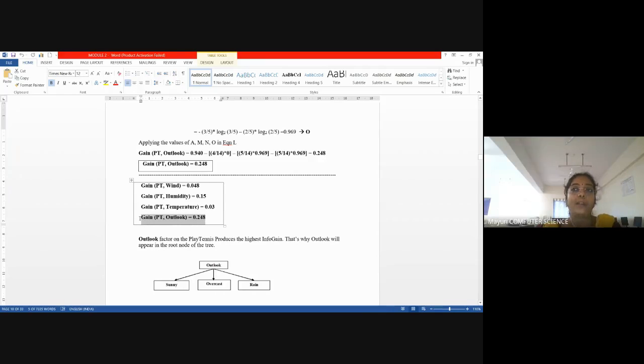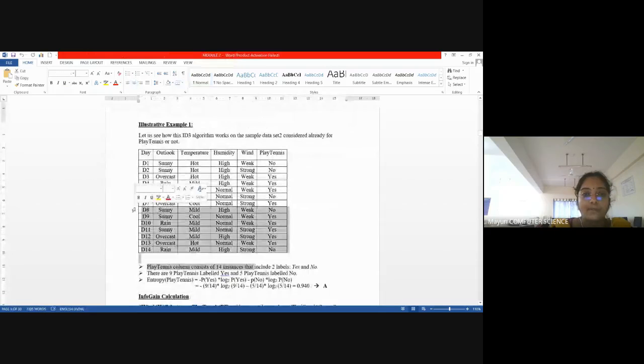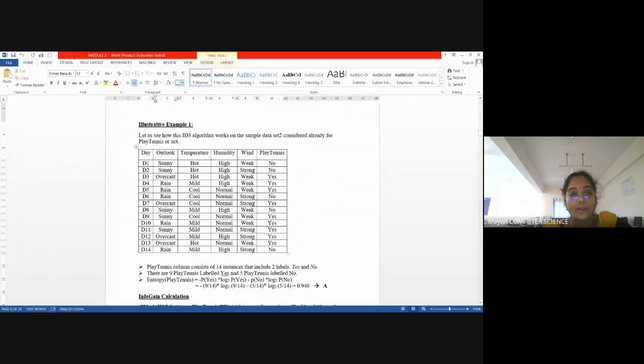Since one of its values becomes fully classified with yes, its entropy error is completely 0. No other attribute had a value whose error is completely 0. Only outlook had an attribute called overcast, where it is fully classified with yes. That's why it has the highest info gain and lowest error rate. So I have taken a tree in this way. I have written outlook. The possible values of outlook are what? Sunny, overcast, and then rain. You could see in the table. So the possible values of outlook are only sunny, overcast, and rain.